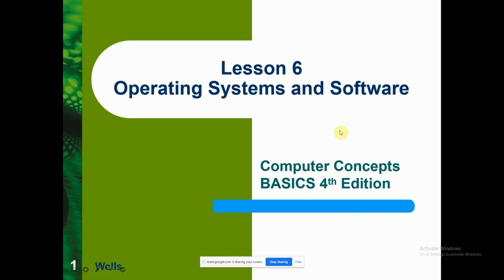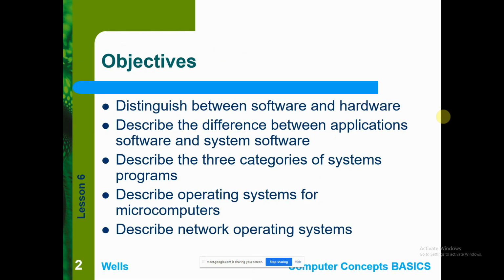So, operating systems and software. We have these objectives naman. We have to learn to distinguish software and hardware, mga application software and system software. We also categorize the 3 categories of system programs, operating systems used for microcomputers, and how we describe the network